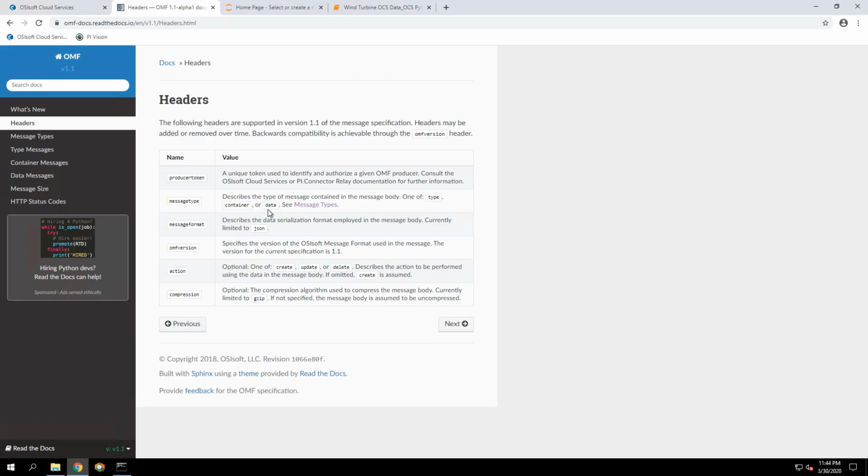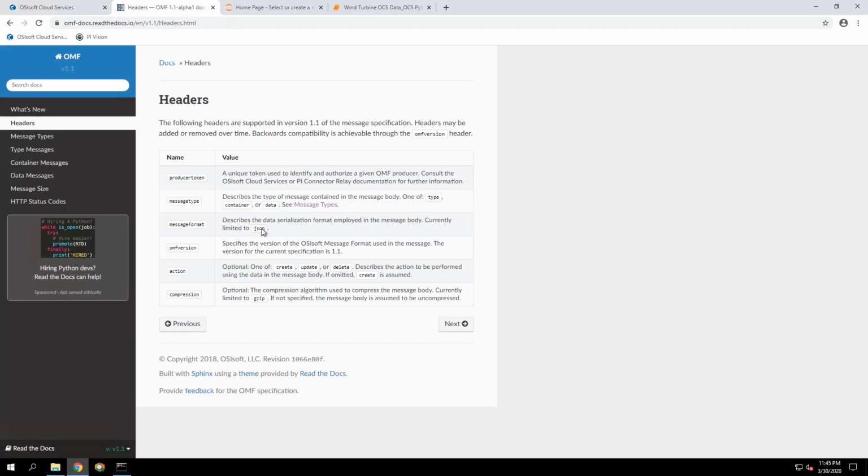And you need to specify what the action is. The rest is usually the same for all types of OMF messages. In the action, you specify what you want to do, so if it's creating or updating or deleting. That's what you pass in the headers.